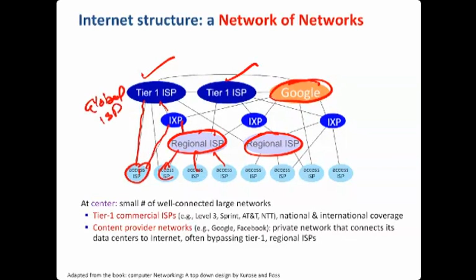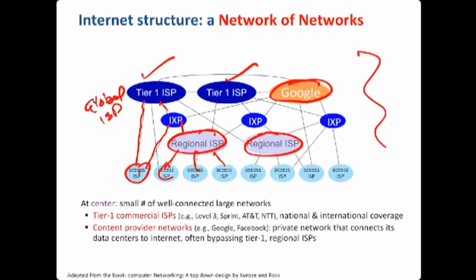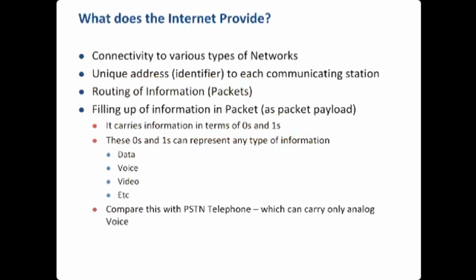Okay, all right. So this kind of structure exists. Okay, this is about internet structure. All right. So next thing is, what does the internet provide? It provides connectivity to various types of networks. What are those networks? We have looked at all these networks, like we have seen layer 2, layer 1 networks